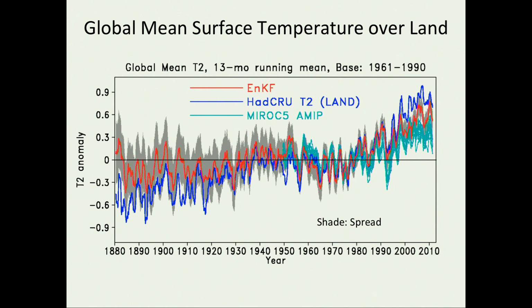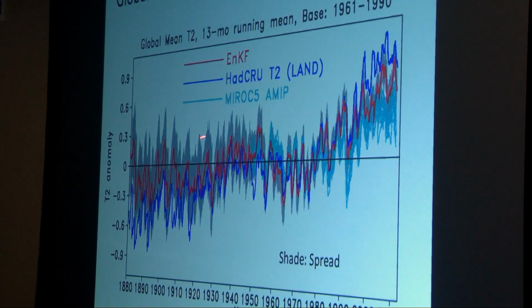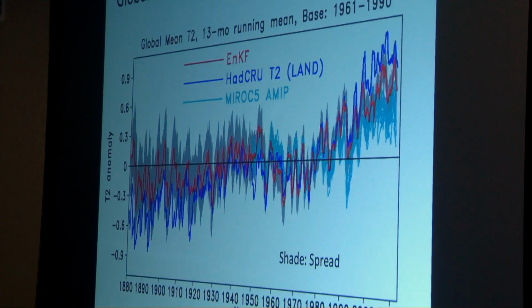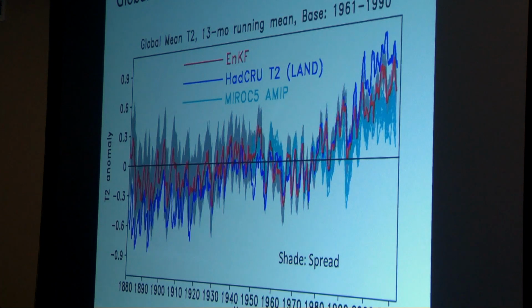Then we went on to do some more than 100-year exercise. This is the first one, the only one we have. Our product is red, and CRU is the blue. We think that in the earlier period, the subsurface ocean data has a lot of problems. Therefore, we have to confess that we estimated the first half of the 20th century trend of the subsurface ocean temperature